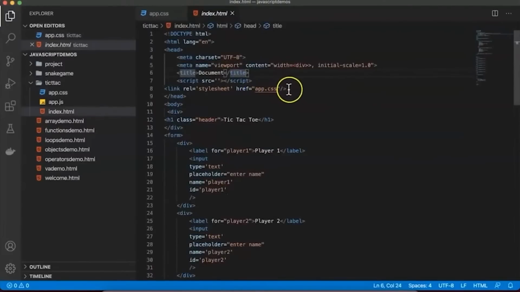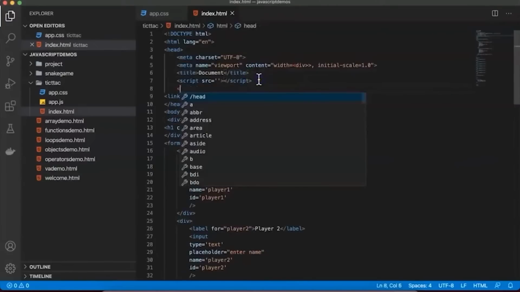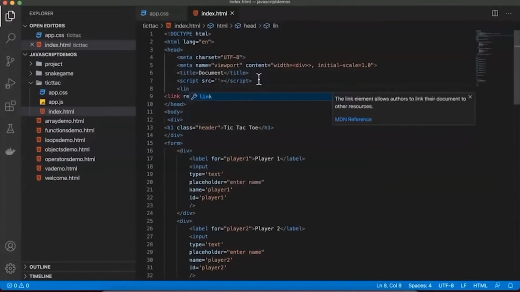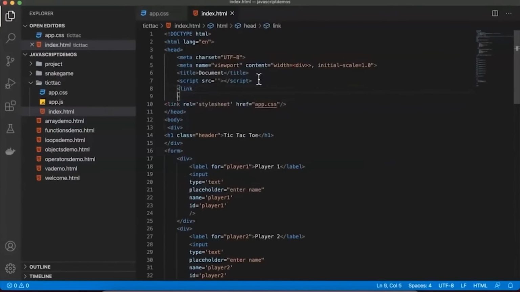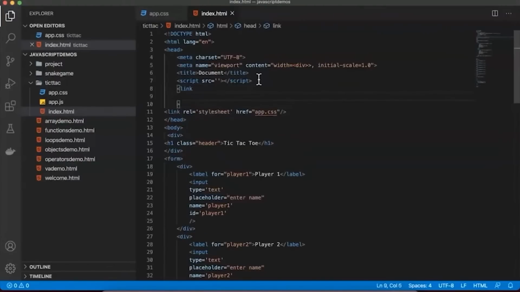Here, where we have CSS, before that we want a link. Within this link we want a variable called href equal to the proper location, https://fonts.googleapis